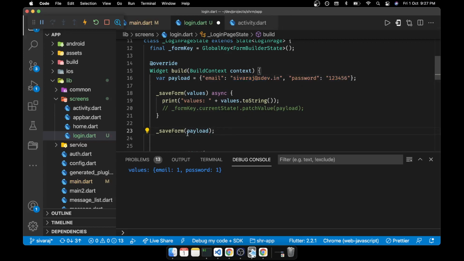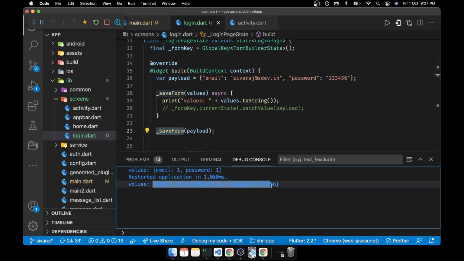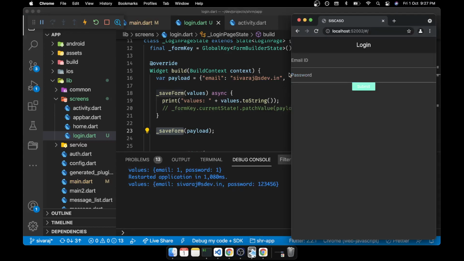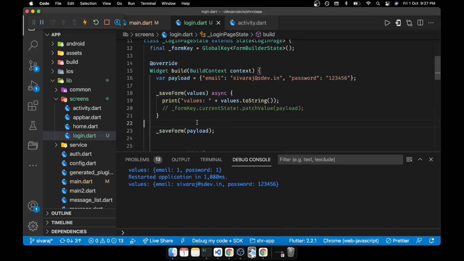Yes, sir. So now what we are trying to do, we are calling from here. So now instead of this one, whenever this page is running, it directly calls this one. It will not even go to the form. See, can we see here? It is called because we are trying to deal with the form. So we need not even go to the UI to deal with it. We are just mimicking it that the save form is called.